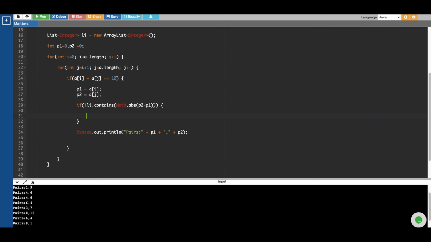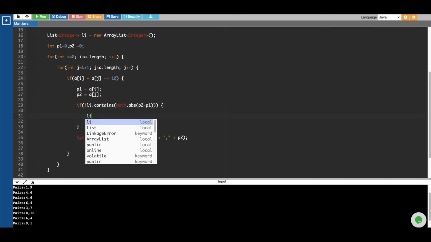If the list doesn't contain the difference, then you add it to that list. Just like 5 minus 5, 0. In my first condition, 0 was not already present in my list, so I'll add it to my list.